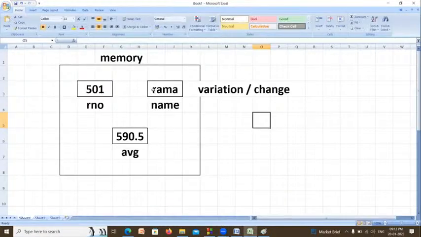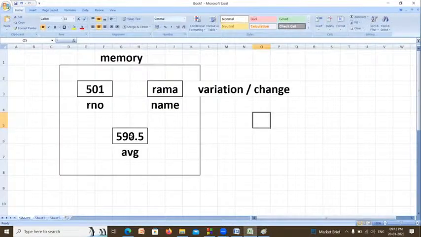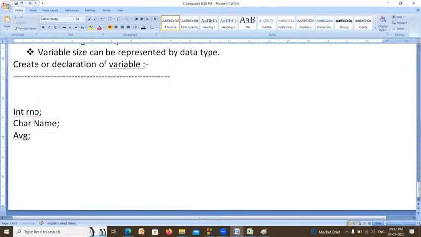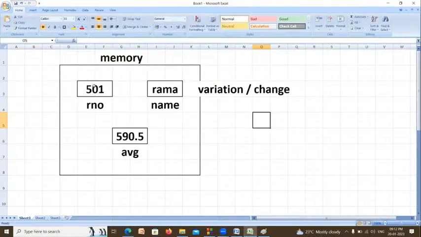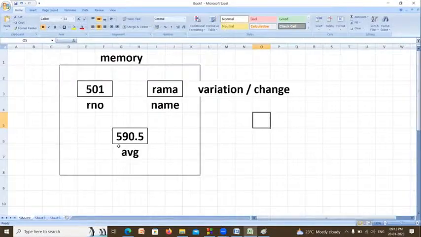The second variable contains characters, so we need to mention char here. Char means character. The third variable has a floating point value, so you need to mention float here. Integer roll number means the computer allocates 4 bytes of memory for this, and you can store an integer value in this container.